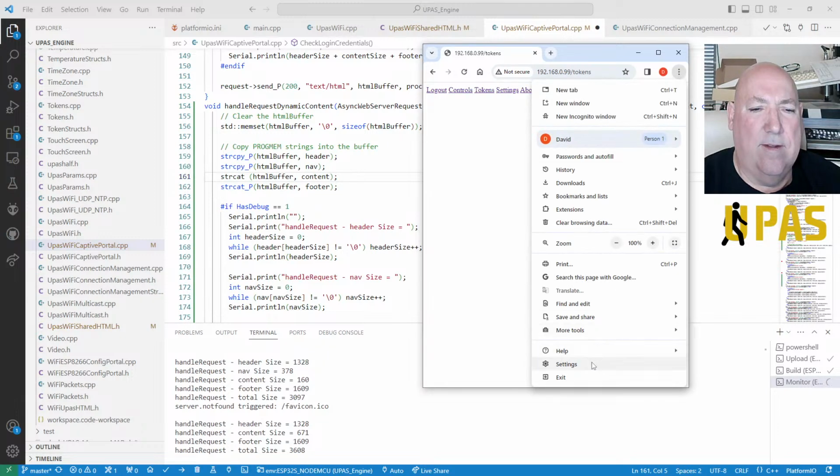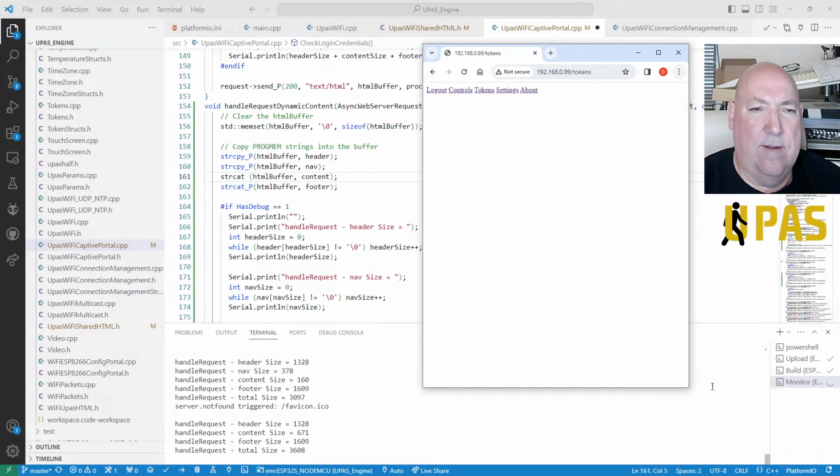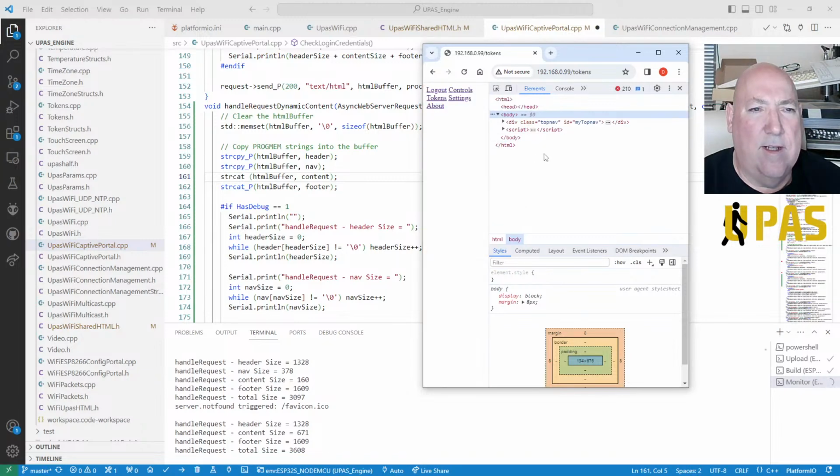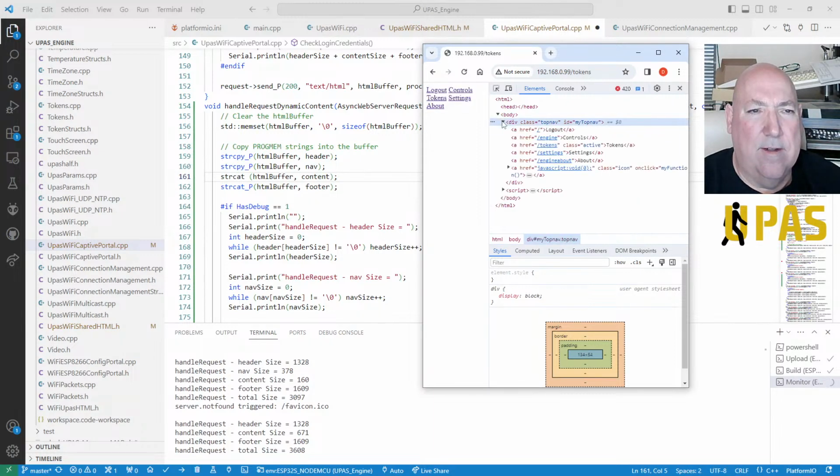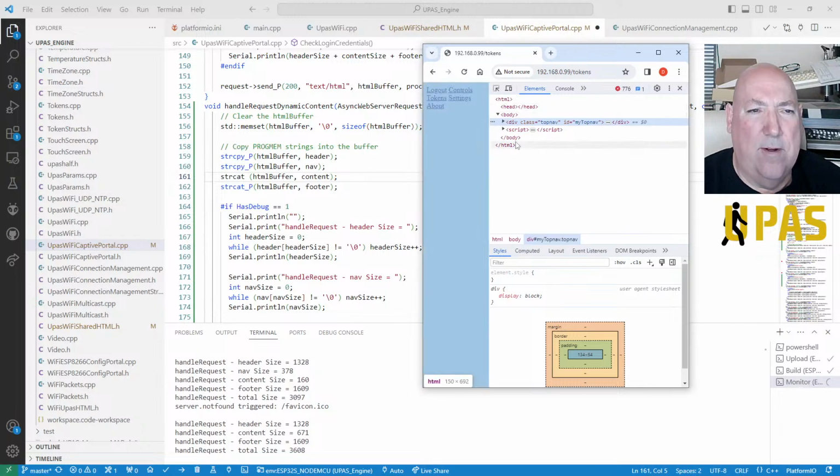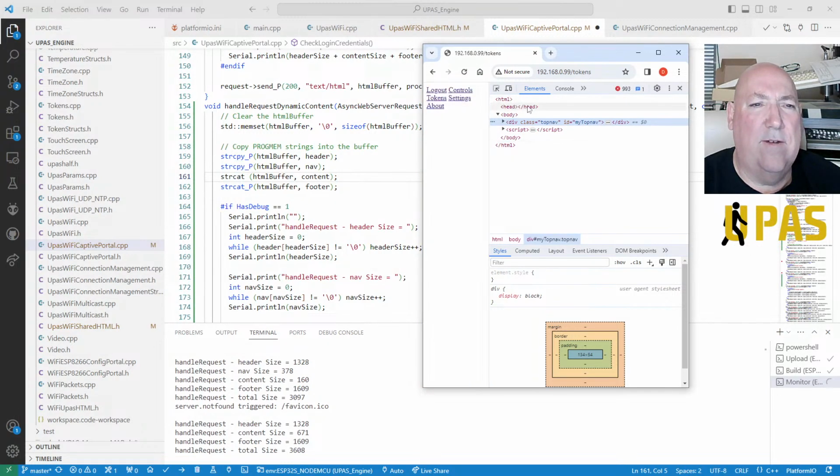Let's have a look. Right, so it's getting the script. Yeah, it's got all the script, look. It's got the navigation. Right, it's got all that. But it's got no head. It's got body. It's got HTML. And it's not got anything to do with the head. For some reason, I don't get it.